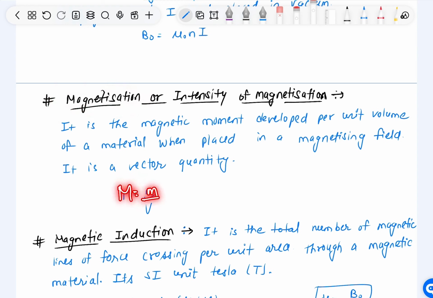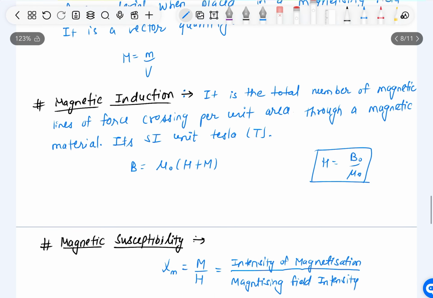So capital M equals small m upon V, where small m is the magnetic moment and capital V is the volume. So magnetic moment developed per unit volume is called the magnetization. Next is magnetic induction. It is the total number of magnetic lines of force crossing per unit area